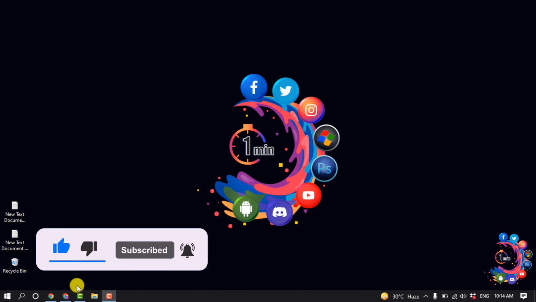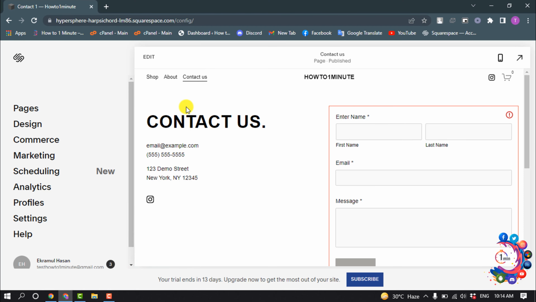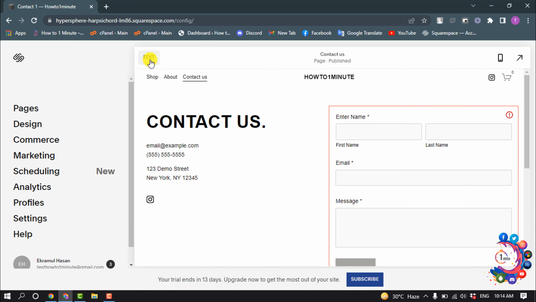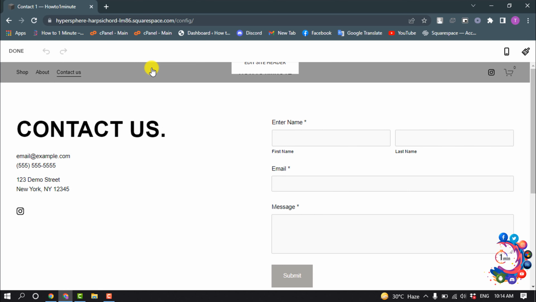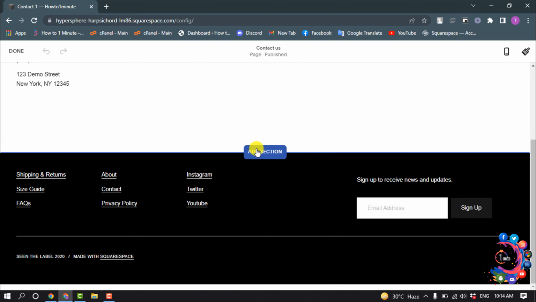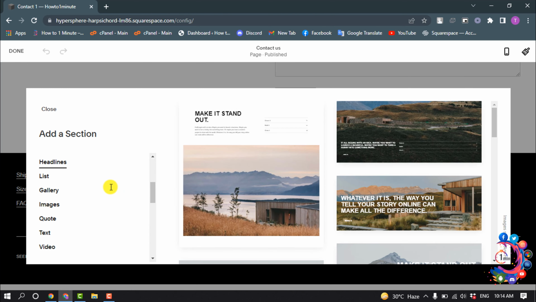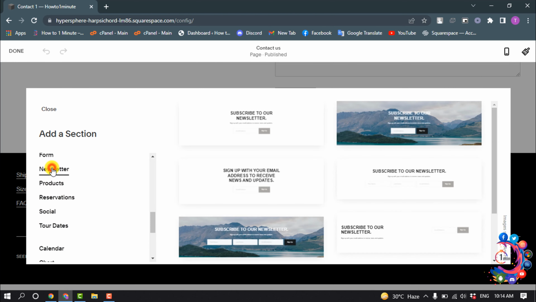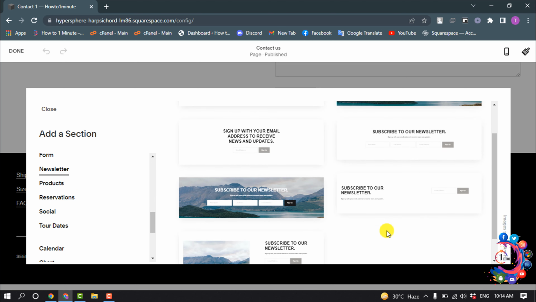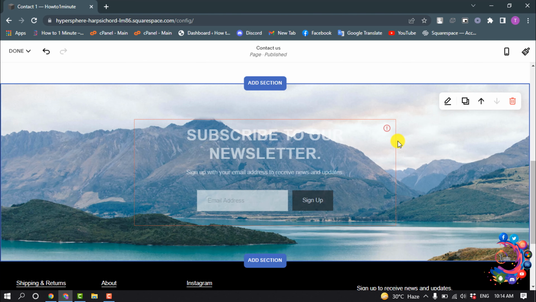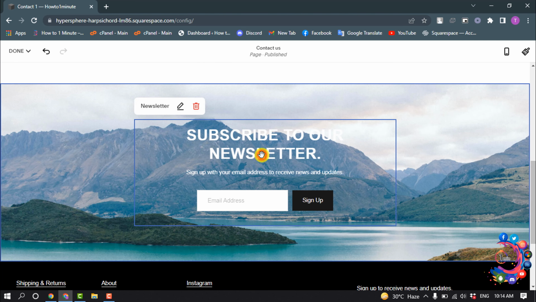So as you can see right now, I'm in my Squarespace and I'm going to add a newsletter. So I'm clicking on edit, and here I'm going to add a new section, and I'm selecting newsletter, and simply I'm selecting this layout, and now select the newsletter and click on this pencil icon,